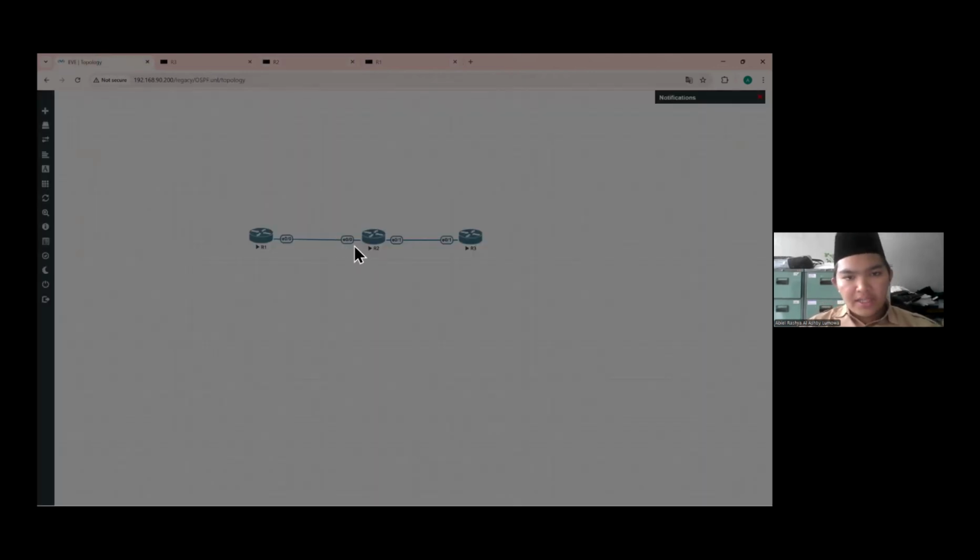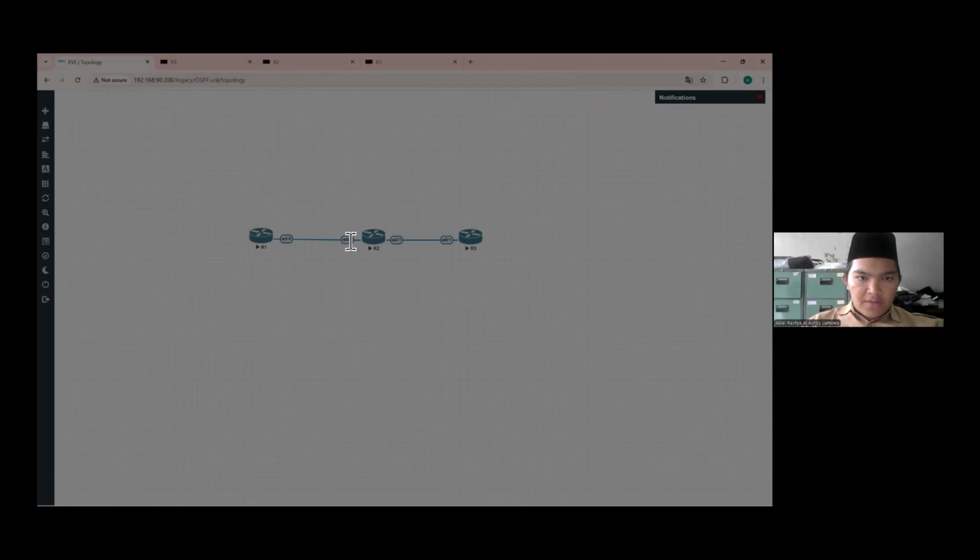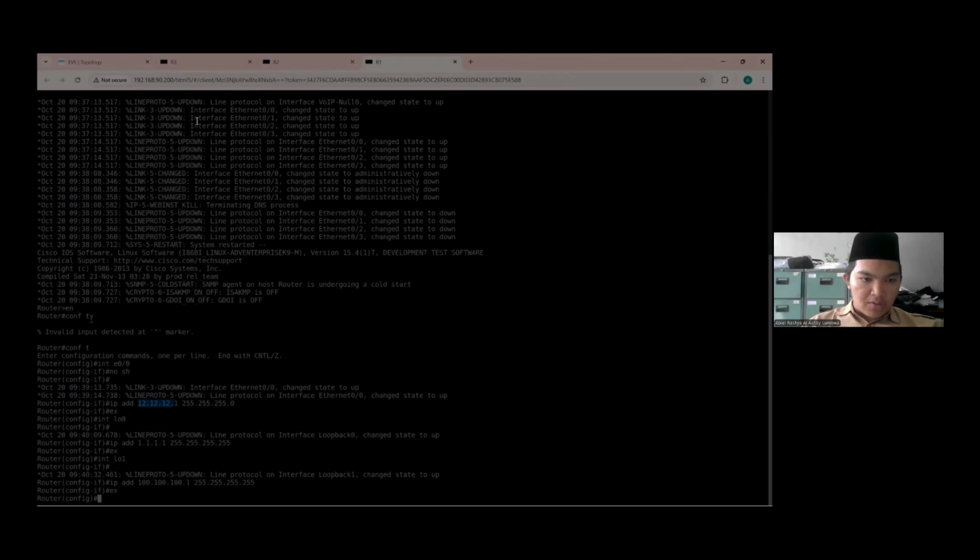The interfaces are E0/0 and E0/1. First, go to E0/0, turn on the interface, and then set the IP address. I will make it the same network as router one, because this interface connects to router one, and in router one the network is 12.12.12.0.